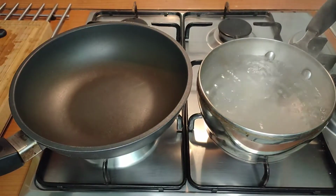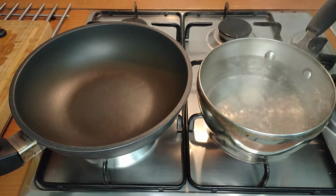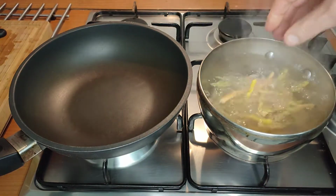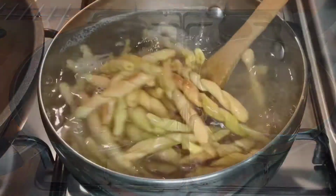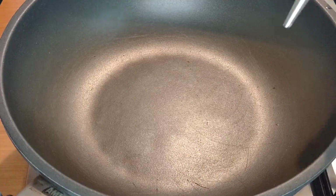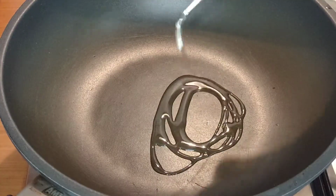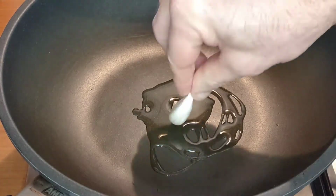As soon as your pasta water is boiling vigorously, add a good pinch of salt, then add the pasta. The other ingredients for the sauce will cook in less time than the pasta takes to cook. The pasta I was using today was fresh pasta that I had frozen, which made it take about 4 or 5 minutes in all. In the meantime, warm up some extra virgin olive oil, drop in a clove of garlic